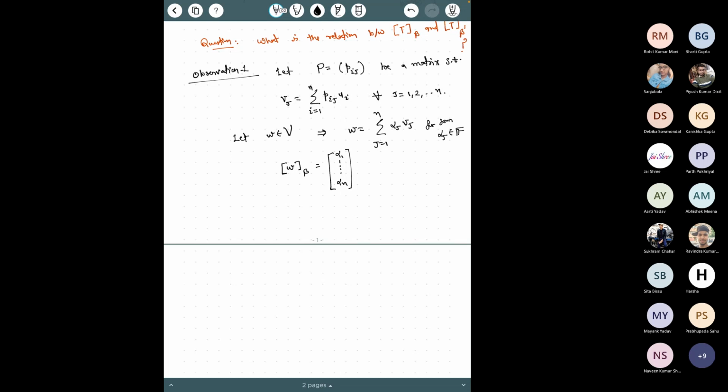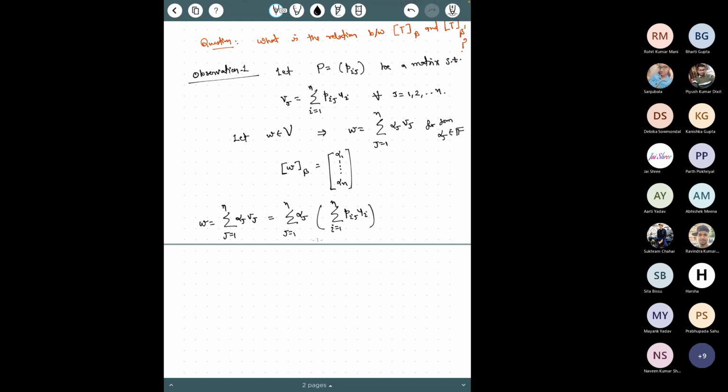So now what was our W? W was the summation from j equal to 1 to n of alpha j vj. And then I know what these vj's are. I can write this vj in terms of the u's. So what would it be? It would be simply the summation i equal to 1 to n of pij ui,